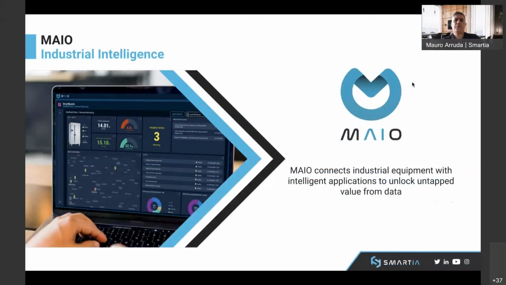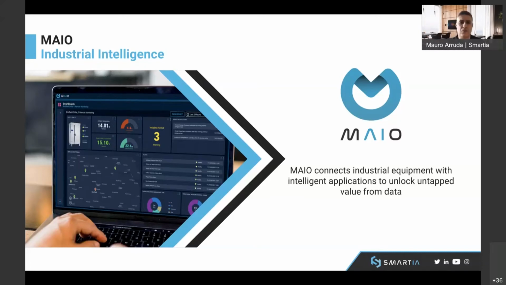Mayo was built from the start as an open platform for Industry 4.0 and generating value from data. And because of that, we built a whole stack from end to end, from connecting to industrial assets, connecting to sensors, transporting that data securely, generating value through analytics, and giving all the tools to companies that want to generate that value internally and upskill their engineers to be able to do this,